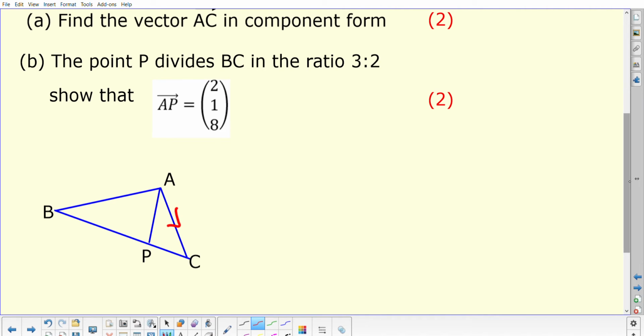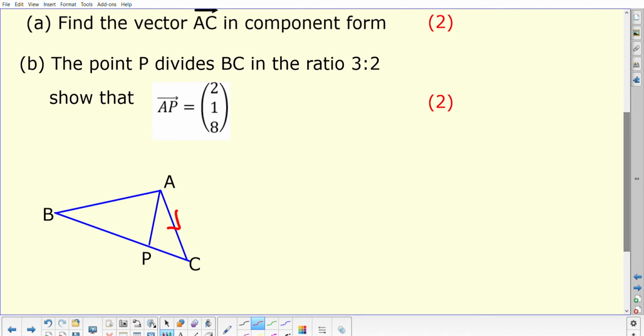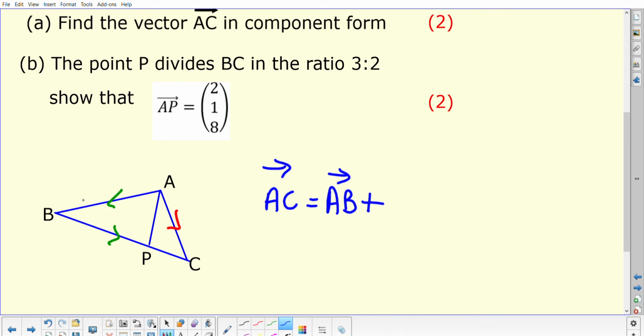So what you need to be able to do on there is describe the journey in terms of the lines that you know. So because you know A to B and B to C, you can write down that your vector journey to go from A to C would be the same thing if you took the long way round and went A to B followed by B to C. So we would simply be looking there for your